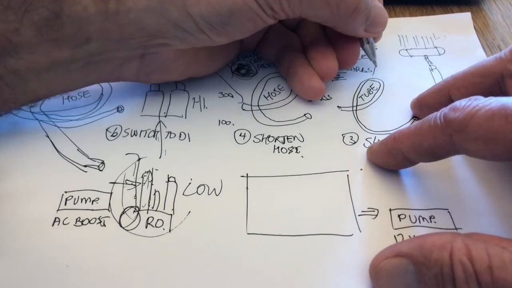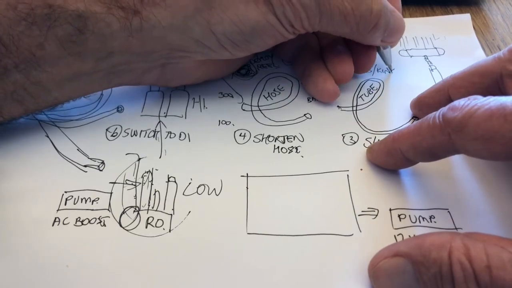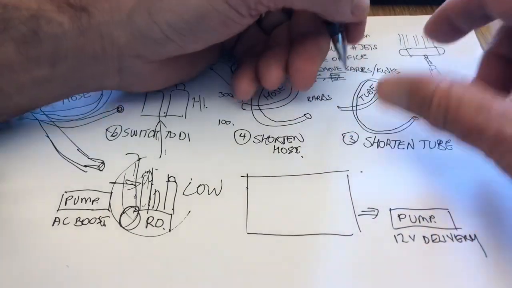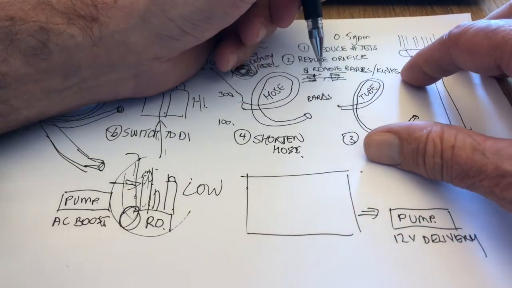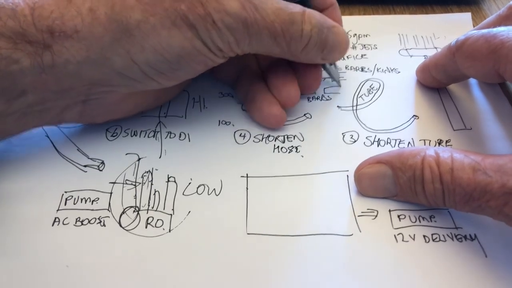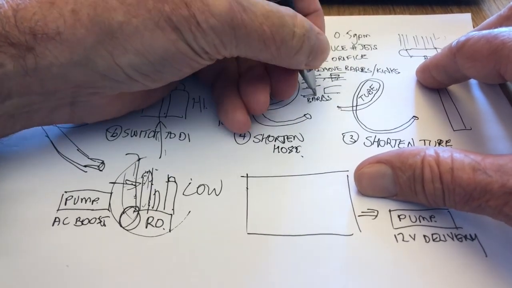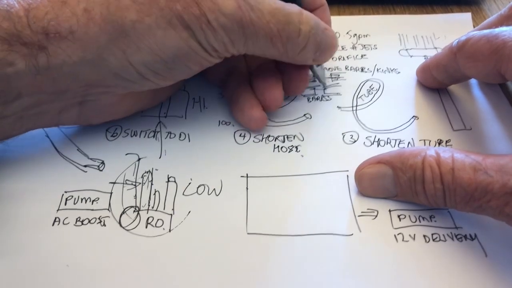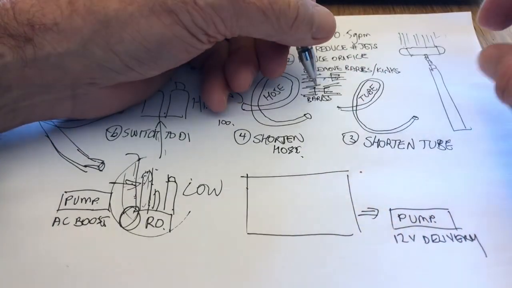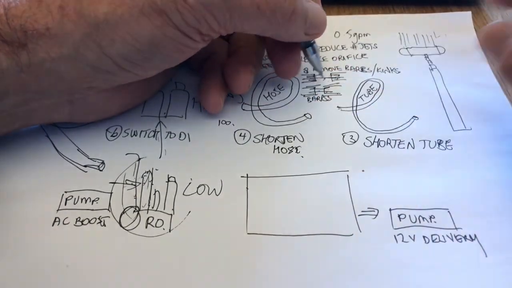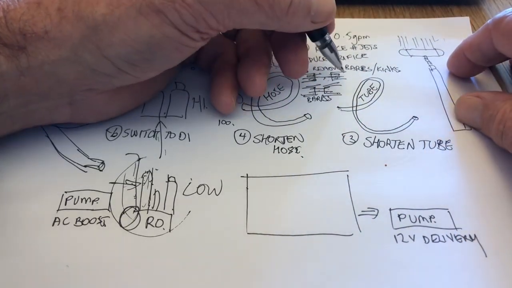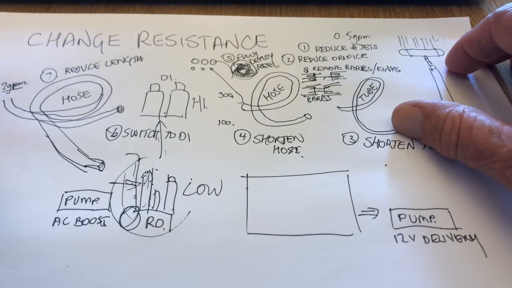Barbs, kinks, fittings, anything which is creating turbulence will increase your resistance and reduce the amount of water you've got at the brush. So what would you replace this with? You would replace them with push fit. So there goes your tube, and a push fit will actually fit over and basically maintain the internal diameter of your fitting. So you'll see us with Rhino flat hose, we've gone to push fits to try and reduce the resistance being created in the fittings. So that's how you reduce